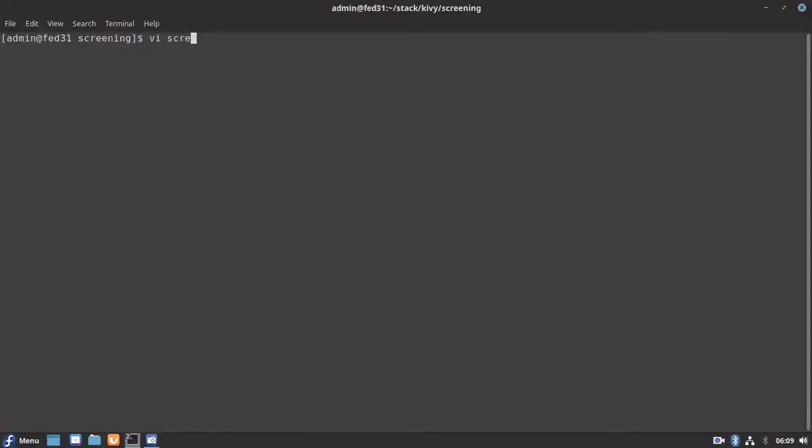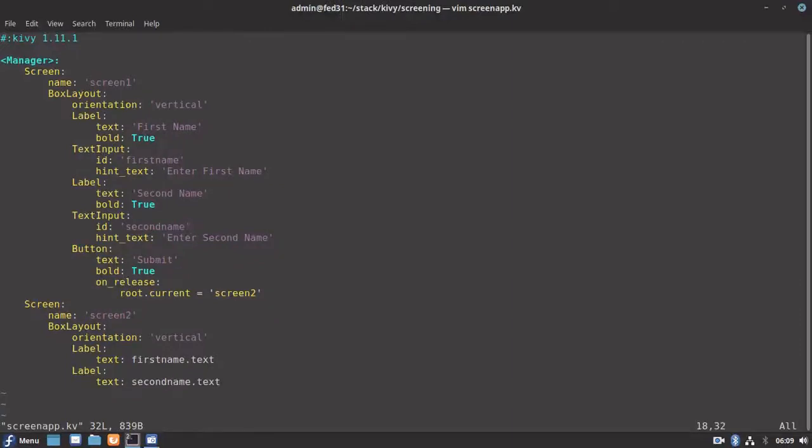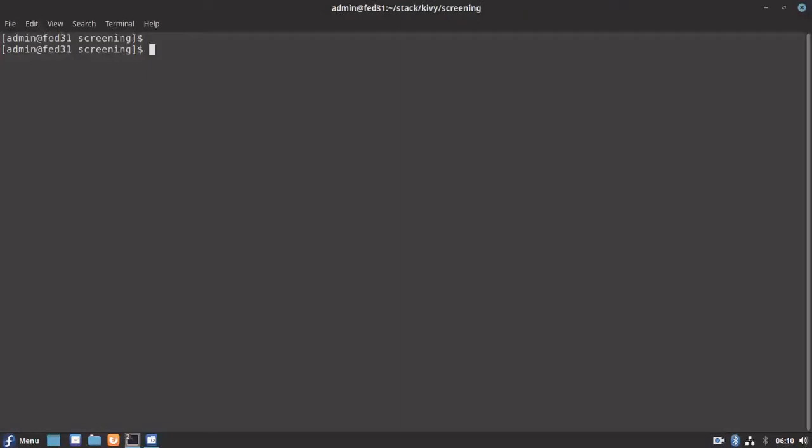Let me open my KV file and see what the issue is. I think the identifier which we have given should not be in quotes. It is an identifier, not a string. So let's remove the quotes for both the text input identifiers. Let me save this one and run it.